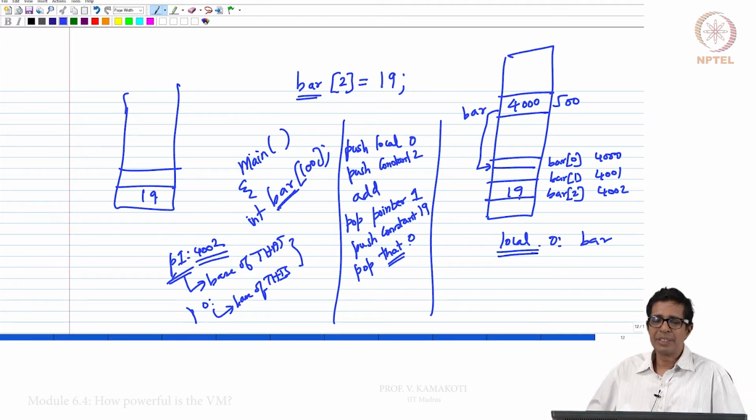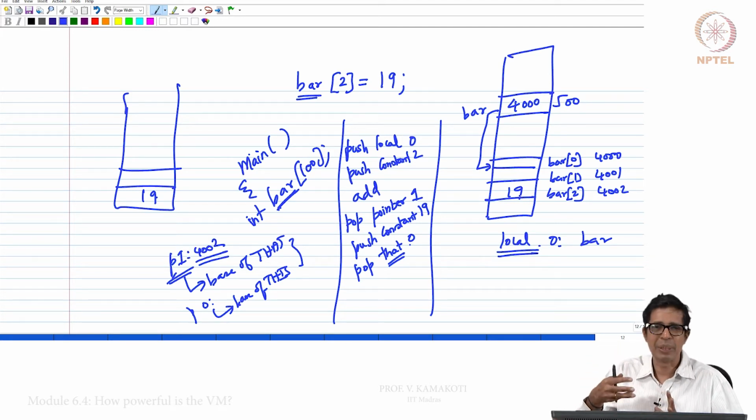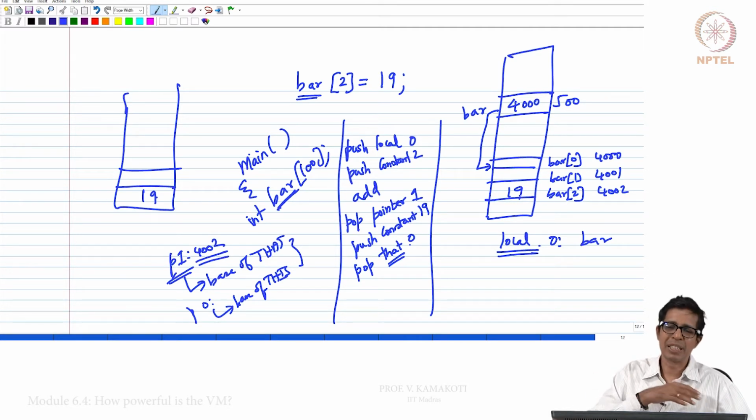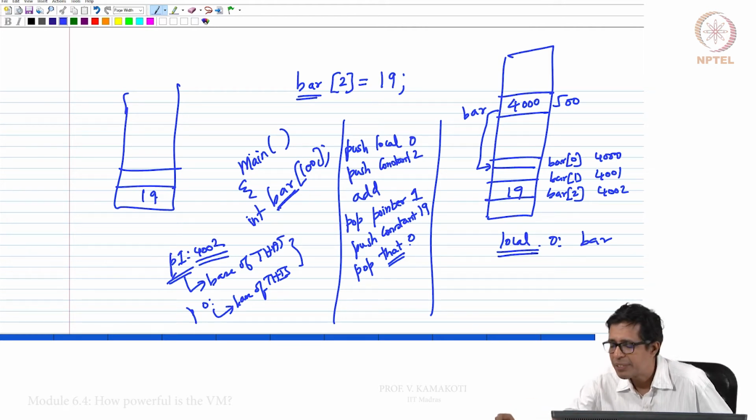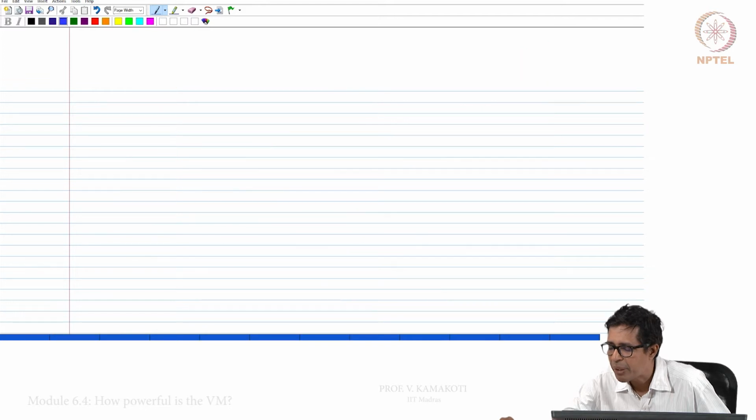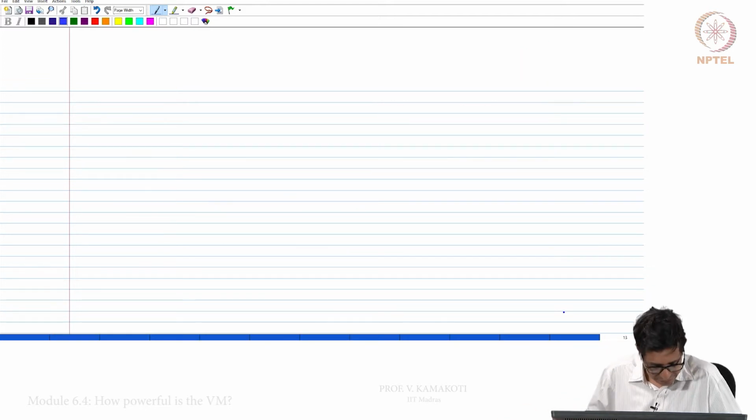Right. So, this is a very simple example, but what we need to understand is about different segments, etc. We have learned what is that, what is this, what is pointer 0, what is pointer 1, what is constant, what is local. Some of the things like argument, etc. we saw in the previous example, in the previous module. Now, we are seeing this in some detail. Okay. Now, the next thing is we will also discuss the power of this VM by understanding object handling.